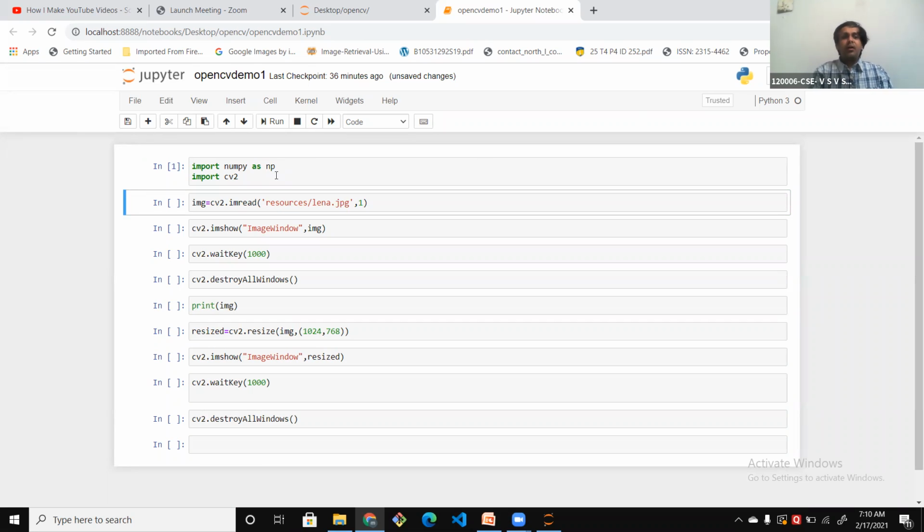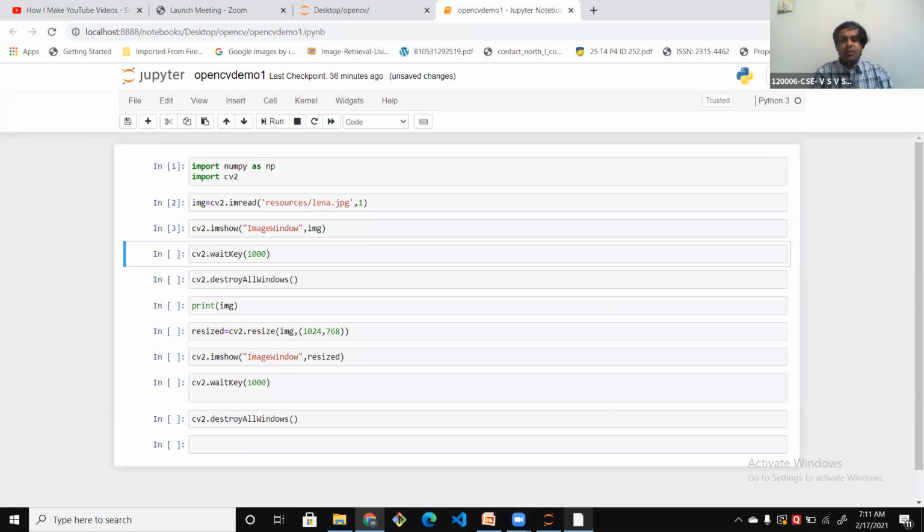First of all, we need to read the information in the image. For that, we use the command imread. Once we read the information in the image, we need to display it. For that, we use the command imshow.